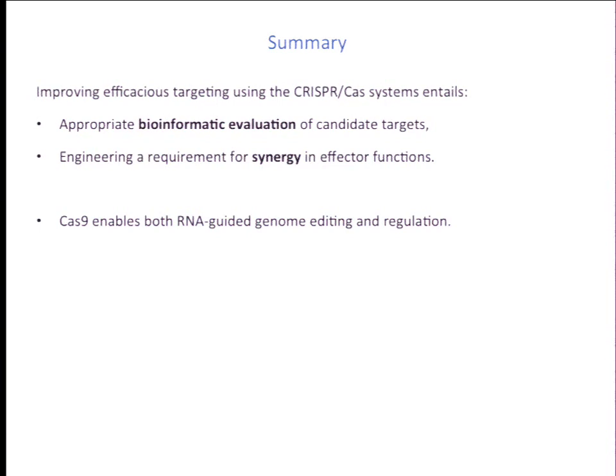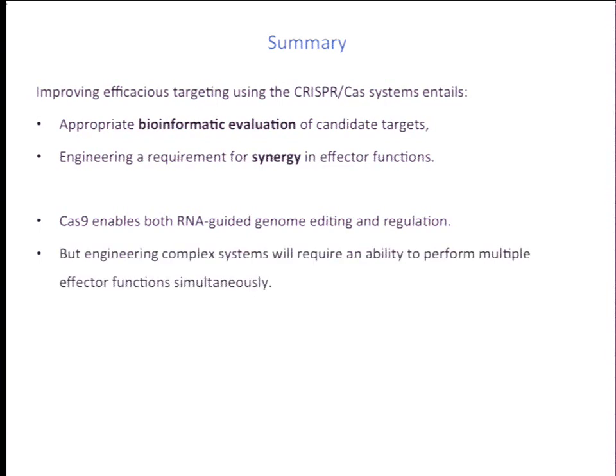But while this Cas9 guide RNA system can be used for both genome editing and regulation, for engineering complex systems, one needs the ability to perform multiple effector functions simultaneously. For instance, one can take this Cas9 guide RNA system and convert it to an activator, and potentially also a repressor, but if you wanted to perform activation and repression simultaneously inside the same cell, it would not be feasible, because the activator could bind to the repressor guide RNAs and the repressor could bind to the activator guide RNAs, and therefore it would not be possible to have multiplex functionality inside the same cell. And this is unlike the case of TALs and zinc fingers, where they are just passive DNA binding proteins, and each of them can be given their own effector function.